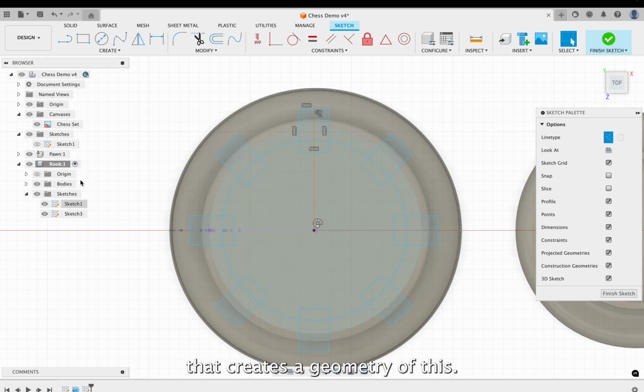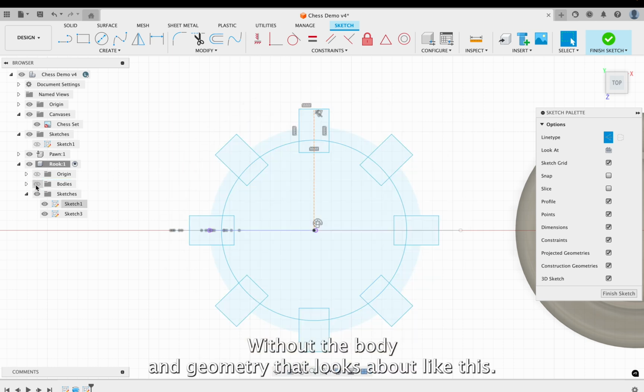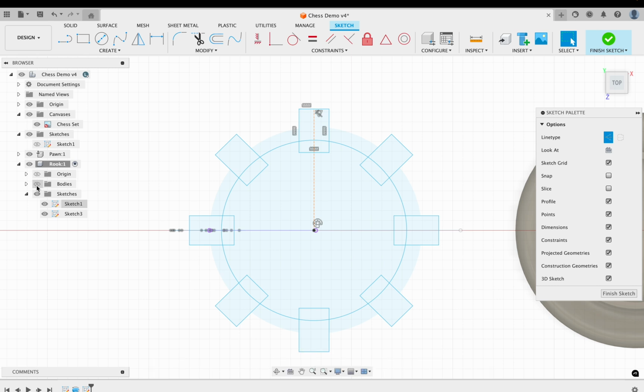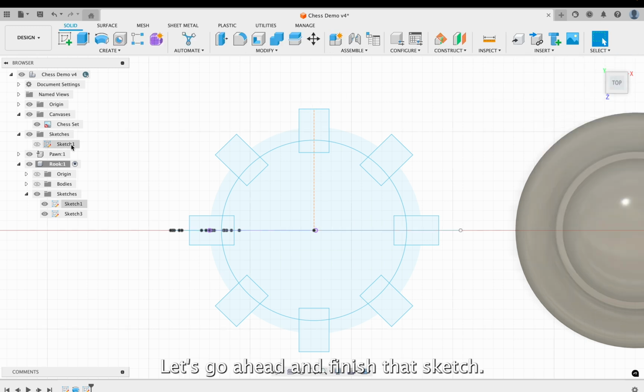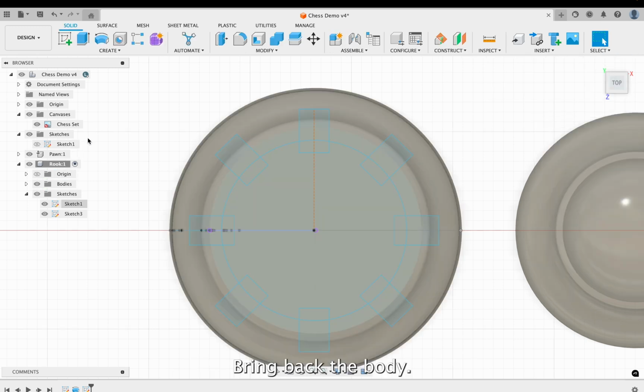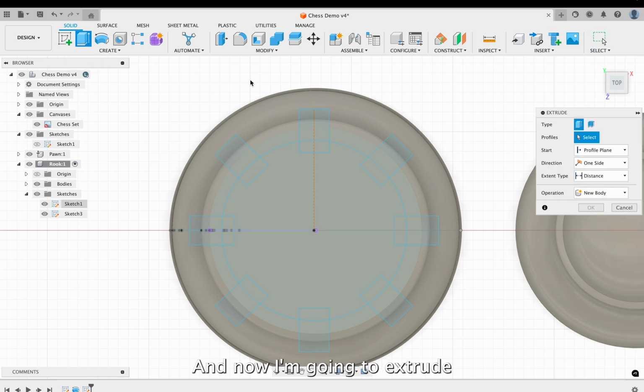That creates the geometry. Let's look at this without the body. A geometry that looks about like this. That will work excellent for us. Let's go ahead and finish that sketch. Bring back the body. And now I'm going to extrude